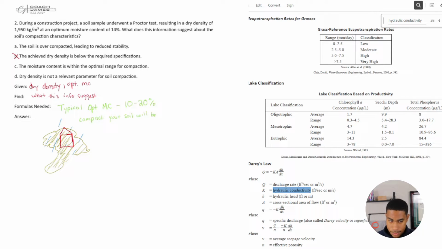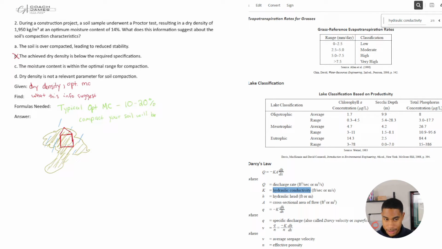the better. So if we look at answer A, the soil is over compacted, leading to reduced stability. If it's over compacted, that means it's not moving. That means you've got as much dirt in a certain amount of volume as possible. And typically, I would go out in the field and test soil compaction sometimes, and they want it to be pretty much at 100%, if not, at least 95% compact, right? Up to 100